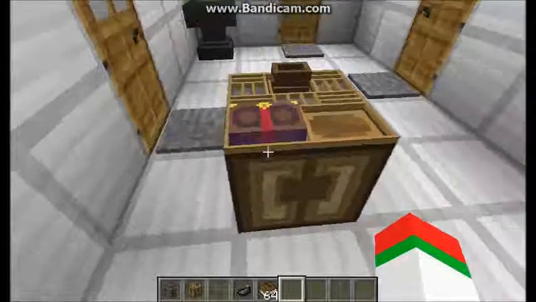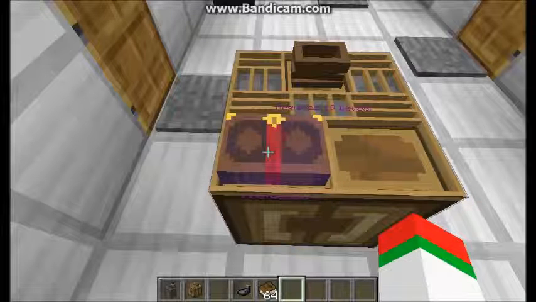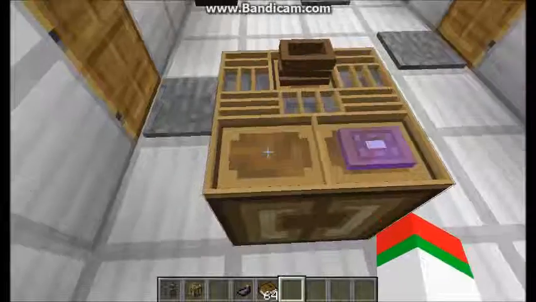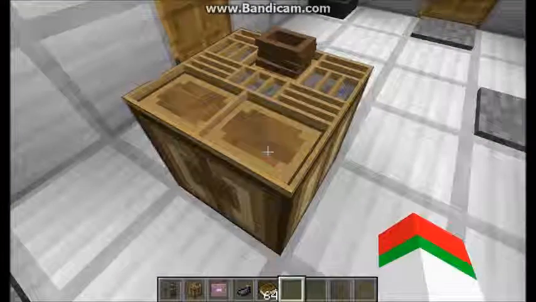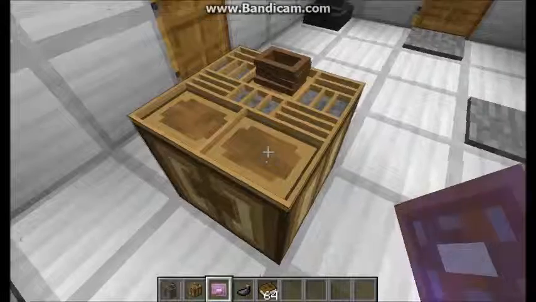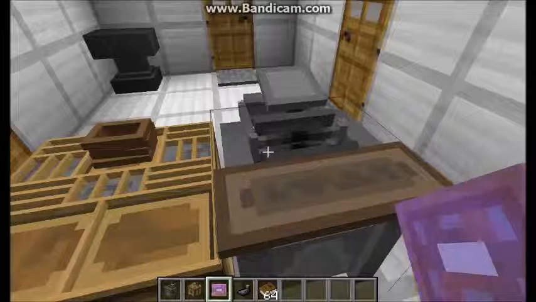And then you'll see with the monocle that it says requires 19 levels. So we'll take levels to copy enchanted books, but you can do it. So shift click and it won't save, but it'll immediately turn to this, which is an enchanted plate, protection 1. So then you can put this enchanted plate in the printing press,